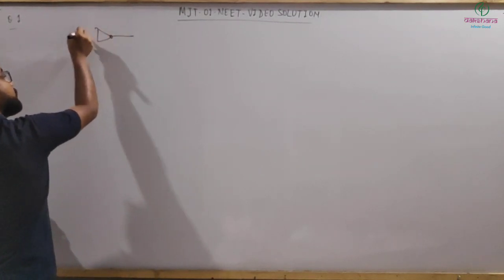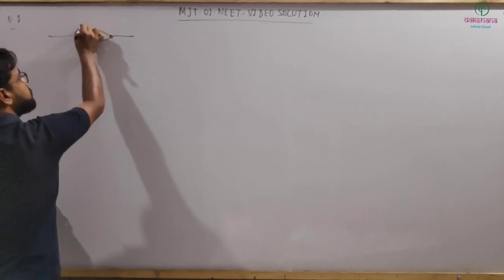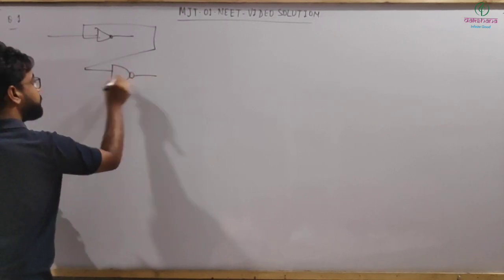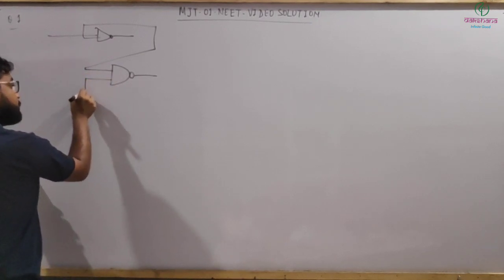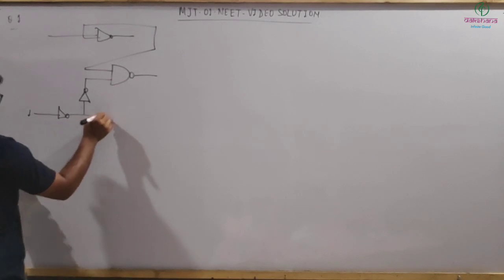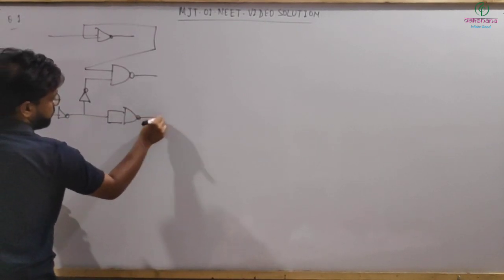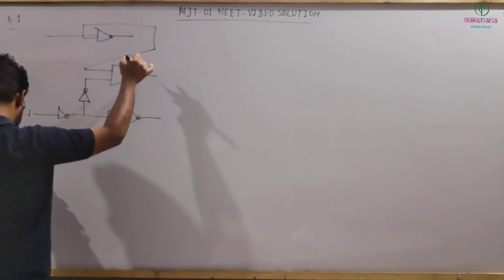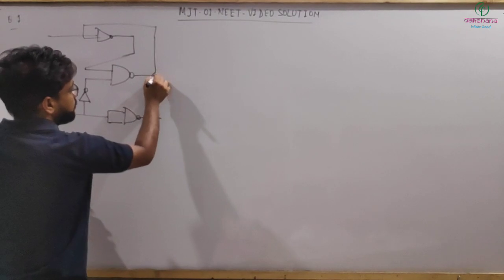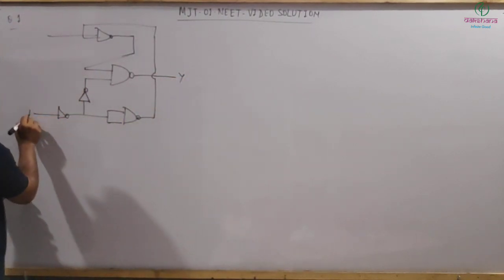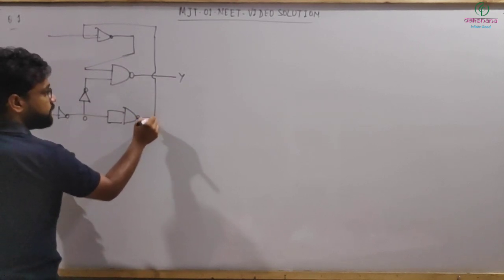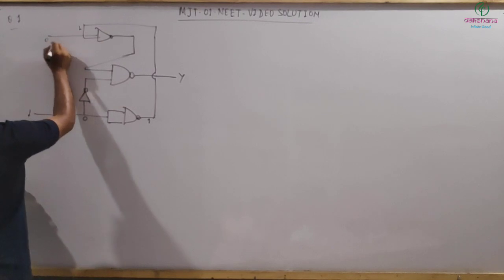So this is gate 1, the way it's given. Let me just draw the diagram here. This is 1, and here both are given the same input, and this is the output y. So now what is happening? This is 1 in NOT, so it's 0 0 0, then it will be 0, but the inverse of that is 1 here. So 1 is fed here, and this one is also 0, so 1 0, then